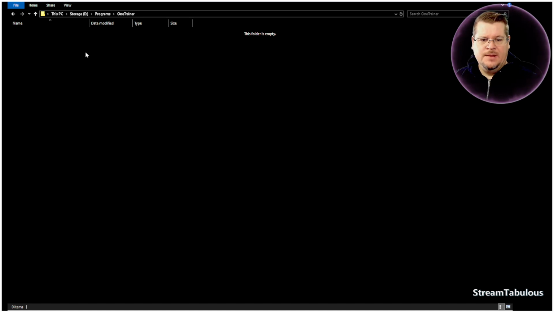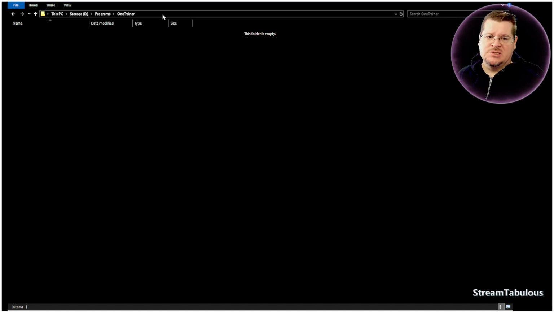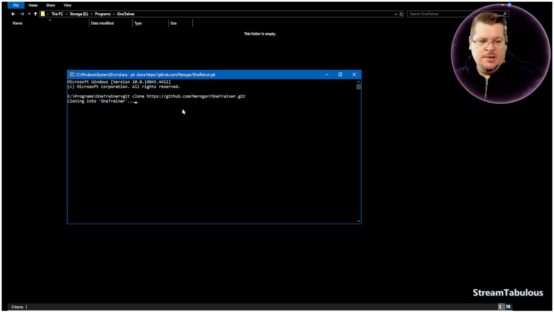And there we go. So I've gone onto my E drive, my programs, and Onetrainer. What I'm going to do is click on that and type CMD up the top here in the search. I'm going to press enter, and that's going to bring up my command line. Once I've got my command line up, I'm going to Control V to paste in the Git clone code,